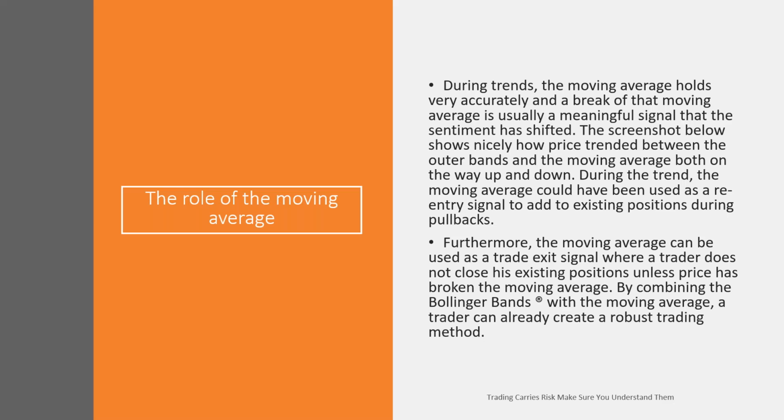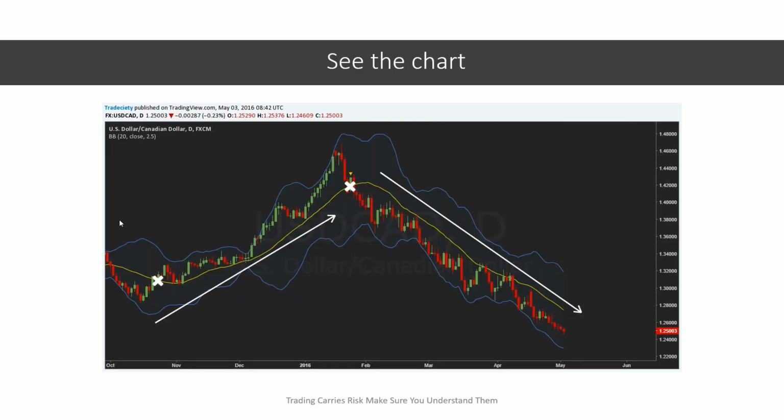Now, during trends, the moving average holds very accurately, and a break of that moving average is usually a meaningful signal that the sentiment in the market has shifted. Furthermore, the moving average can be used as a trade exit signal, where a trader does not close existing positions unless price has broken the moving average. So as we can see here on the screenshot,